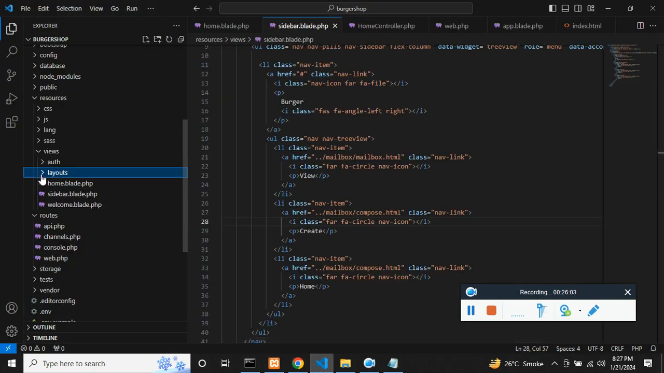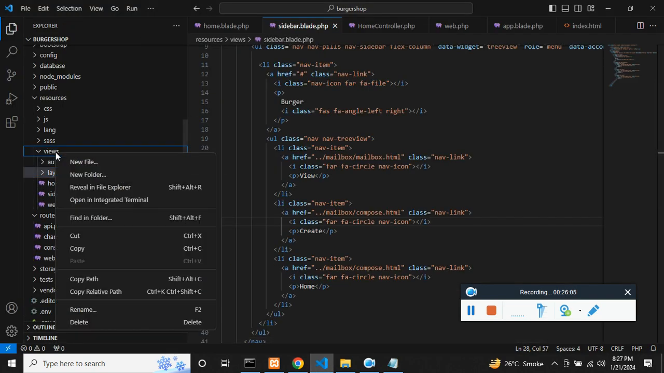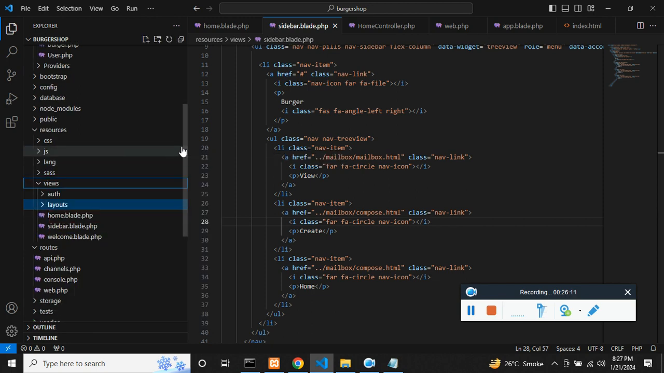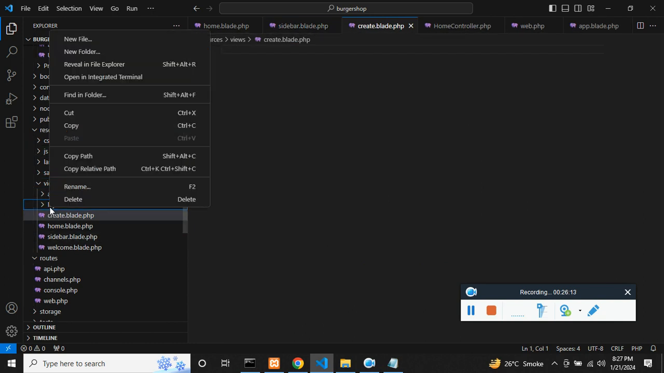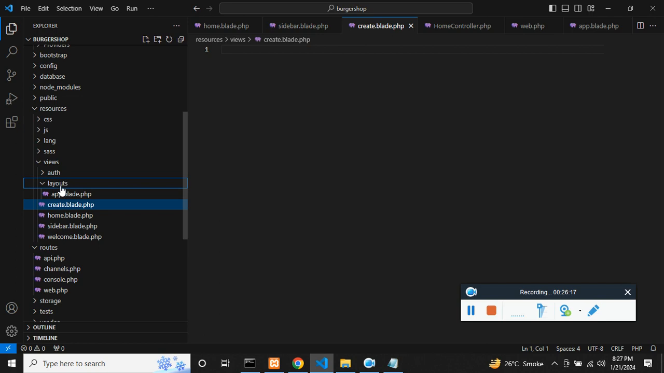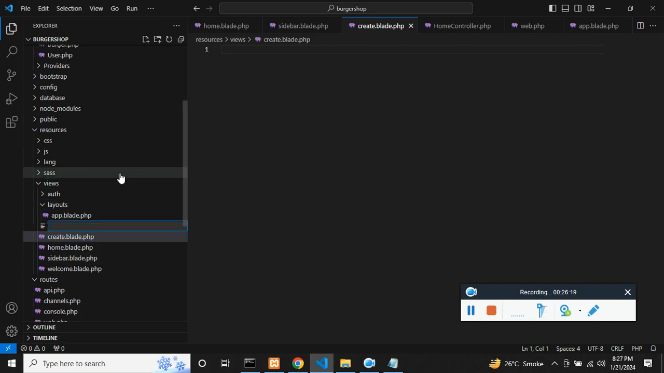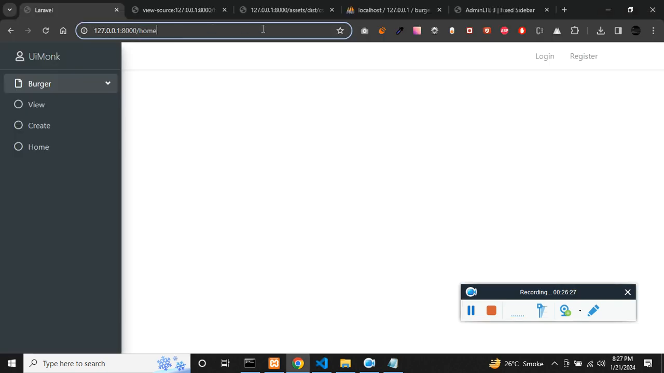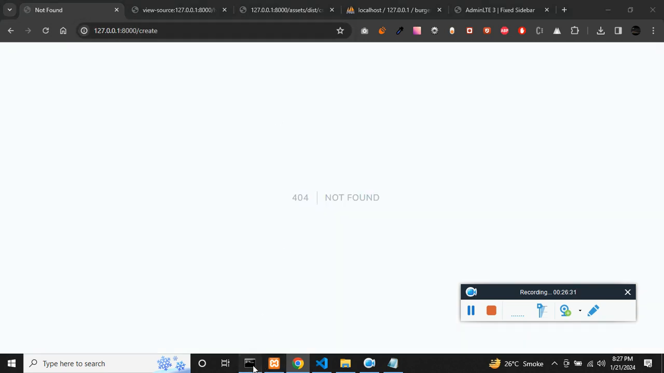So to create a file, we need to get into views, create a new file, and we'll call it create.blade.php. And we need to create one more file, which is not in the layout but in the views, index.blade.php. Now we have created this, so can we access this with the help of create? No, we can't. So to do that, we need a